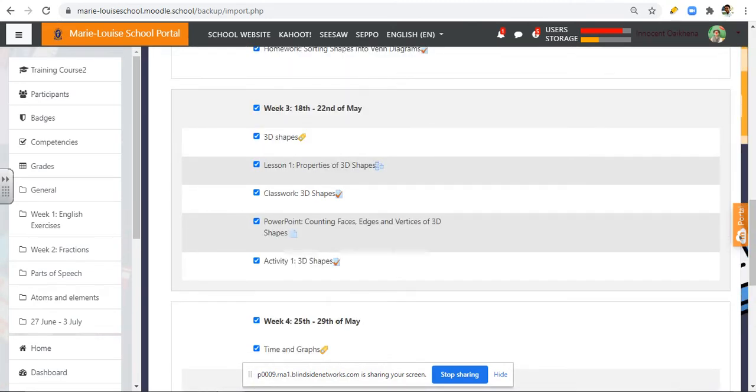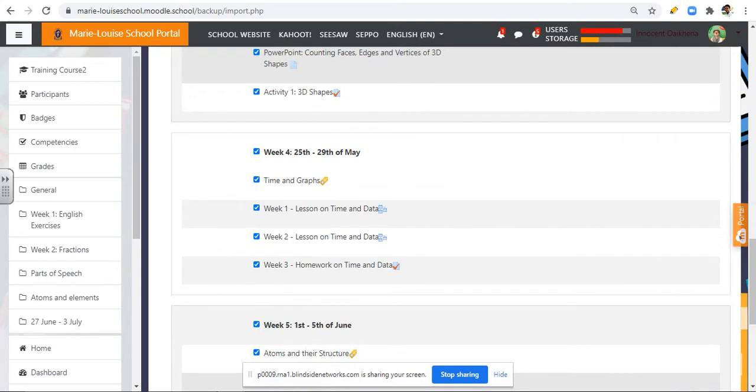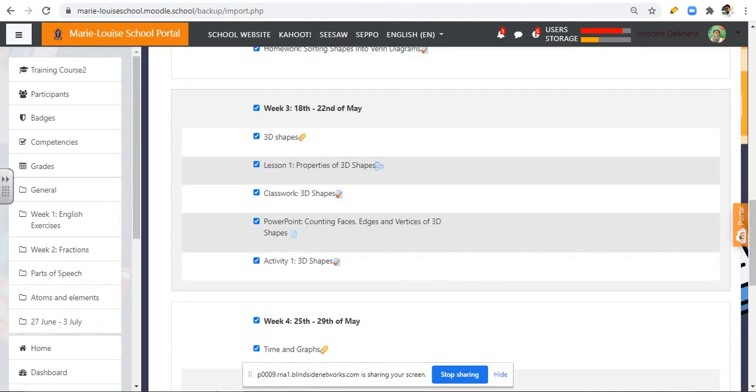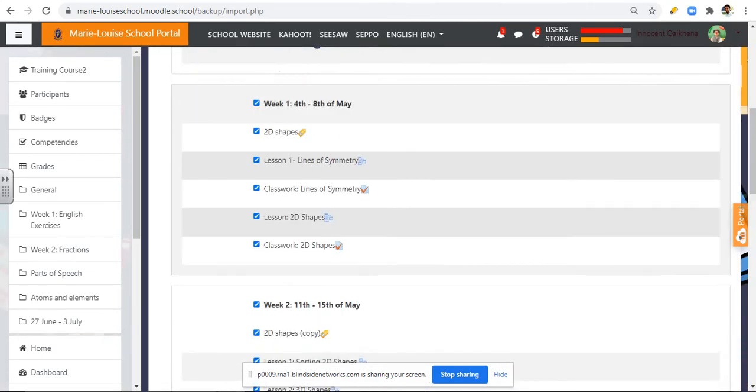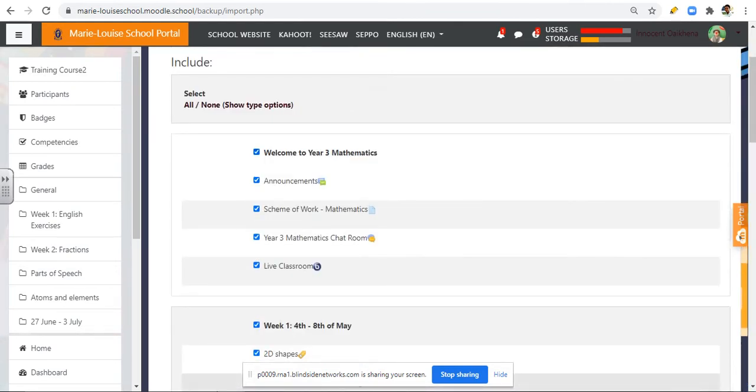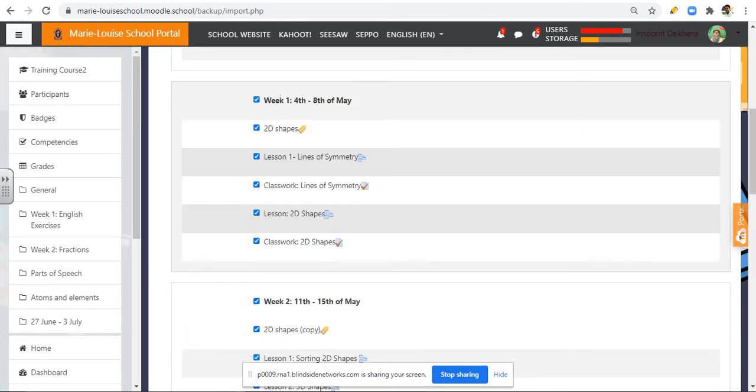Okay, so let's say what I want to pull is activity 1 and classwork 3D shapes. Those are the two things that I mistakenly typed in Math A. Let's say it's just those two, so I'm going to uncheck the rest of them. If you do this, everything here is gone. If you do this, everything here is unchecked. But if you want to take it one after the other, then you have to check and uncheck one